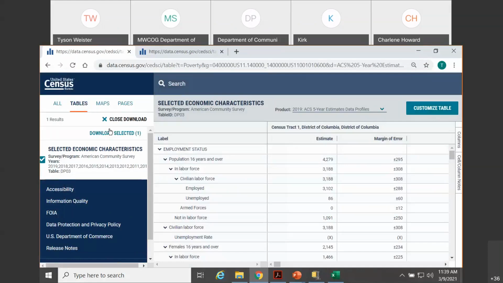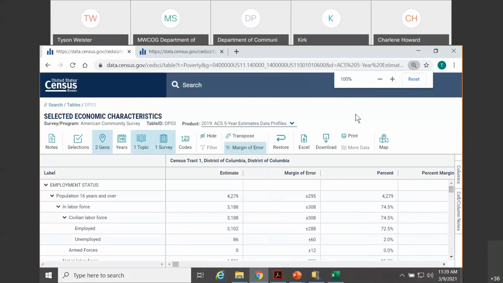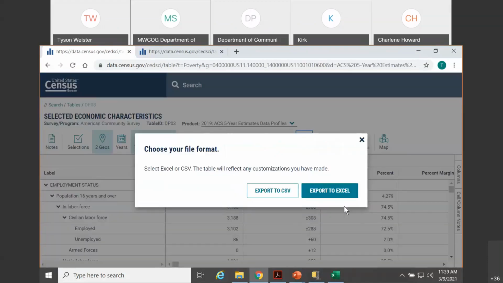The other ways that you can go about looking at this data off of the site, I'm just going to go ahead and use the same example shown here. When you click on Customize Table, here was that other download button I was referencing that allows you to download a single table across years. You'll also notice right next to it is Excel. So we've actually done quite a bit of enhancements to the export output. You'll click Excel,